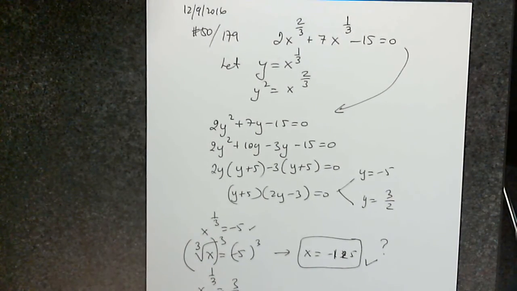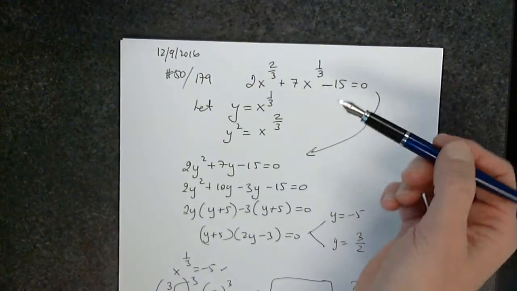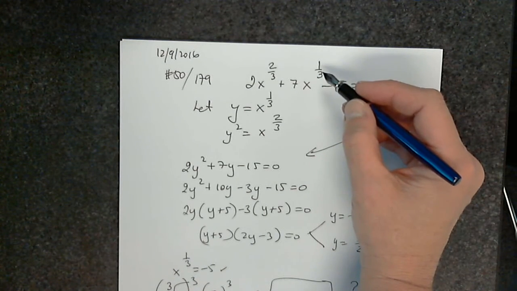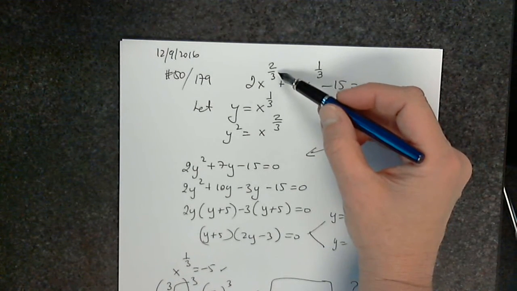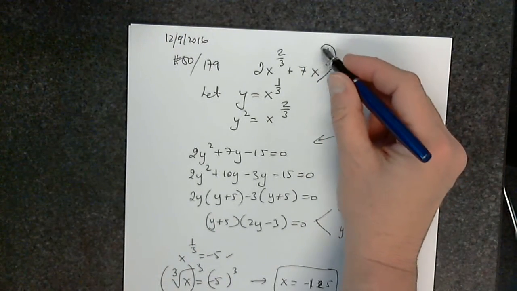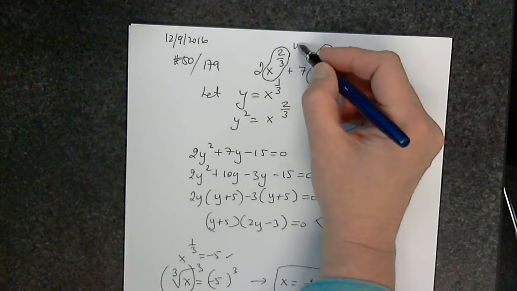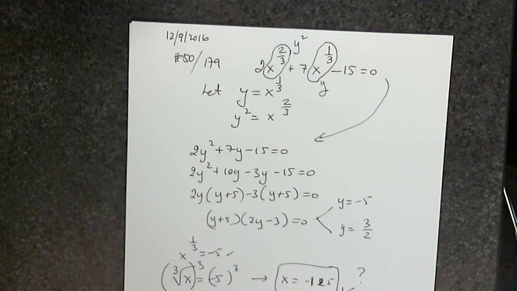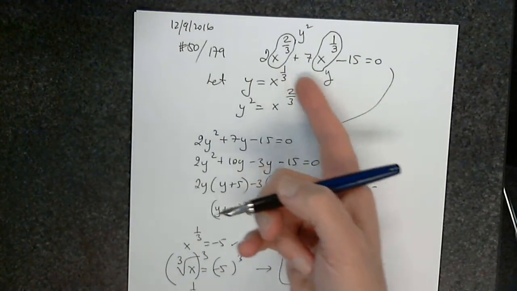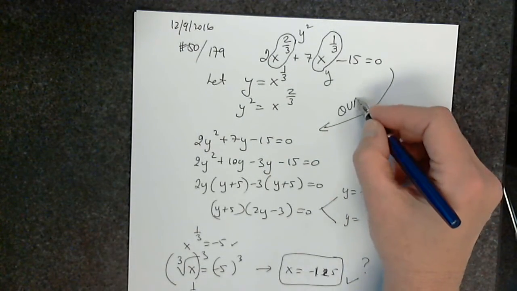Now this is a difficult problem. I don't consider this a trivial problem. Because first of all, you have to realize that this multiplied by 2 is this. Secondly, you have to say, well, what if I denote this by y? Is this y squared? Yes, it happens that it is. So then it's quadratic in form. This equation is not quadratic, but it can be changed into a quadratic. So we say it's quadratic